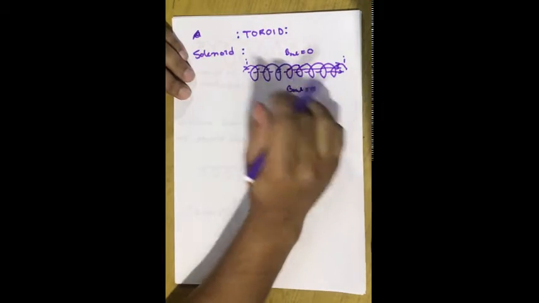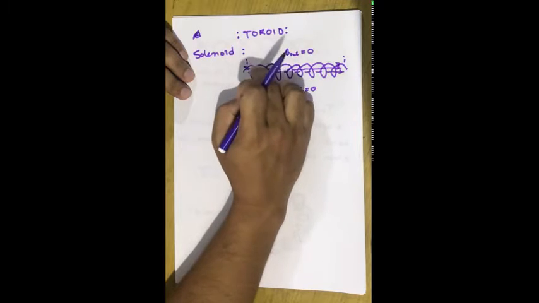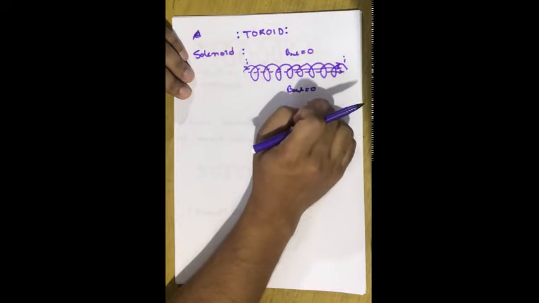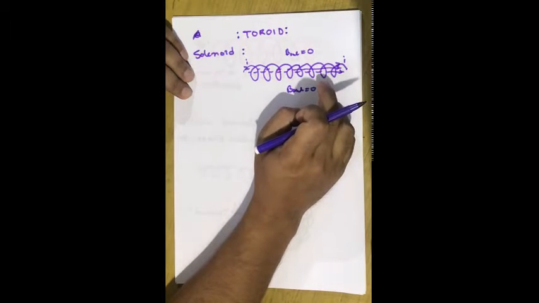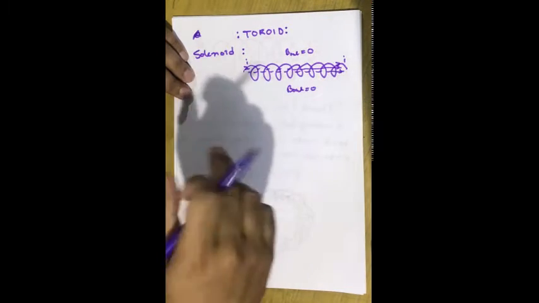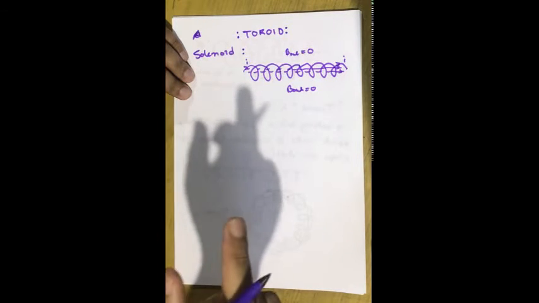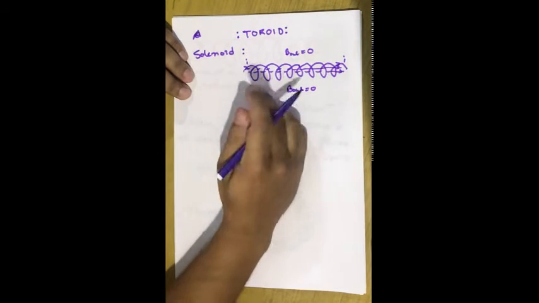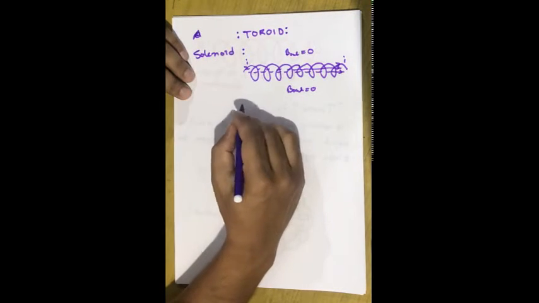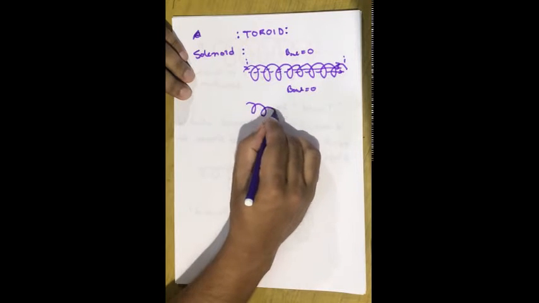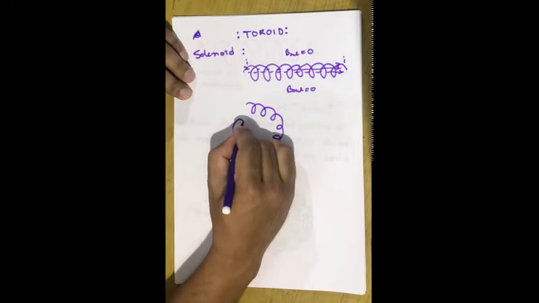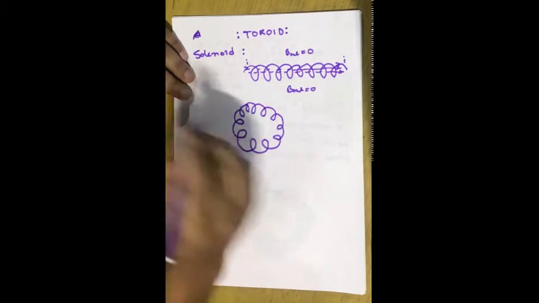Okay, now a toroid can be made from the solenoidal configuration. What we have to do is just bend the solenoid into a circular form, and it should close onto itself. That means the starting point and ending point should touch each other. So basically it will be in the shape of a circle. So to form a toroid out of a solenoid, we just bend the solenoid like that. Okay, so it should be of this configuration.